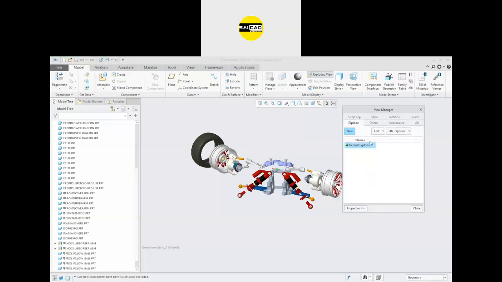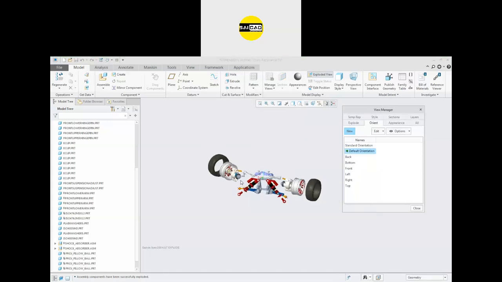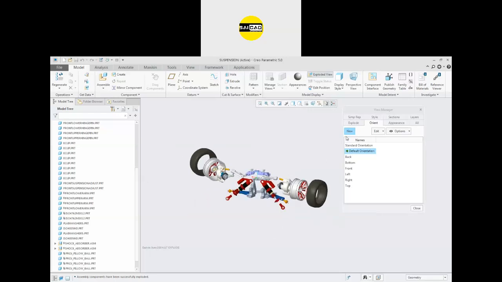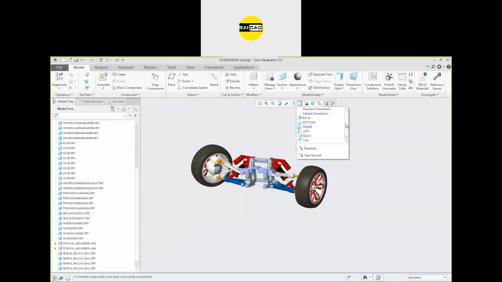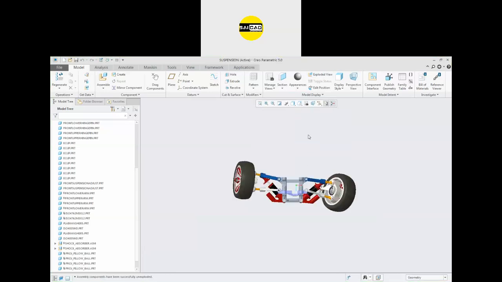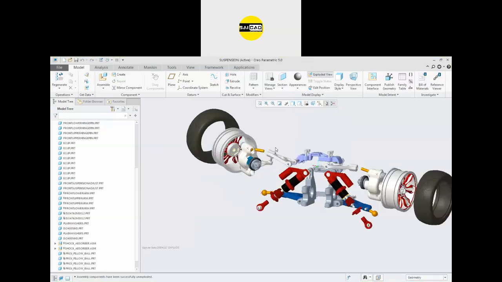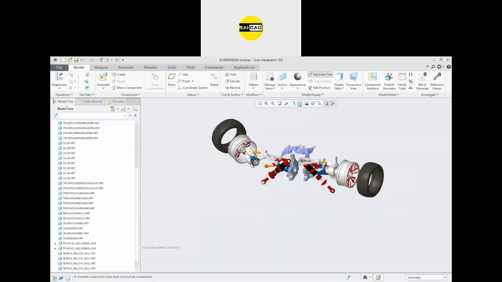From there, you can create some manual exploded view. You can create some orientation like your custom view. So we will cover everything from that. Okay, right now just to show you, I can just click here on the origin and then I can just add this view here. Okay, and define the name, press enter, and here is the view that we have. Okay, so go here and you will see a view. So just click on that view from here and you will see that the exploded view will be shown directly from the views also.